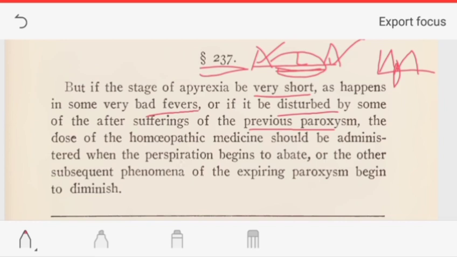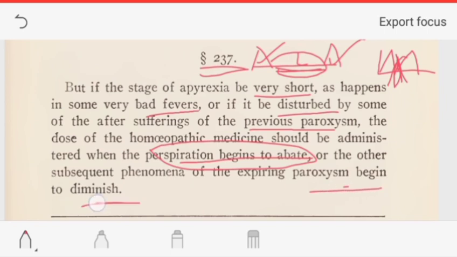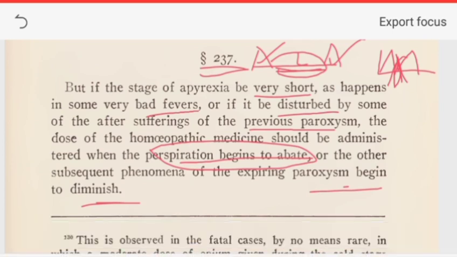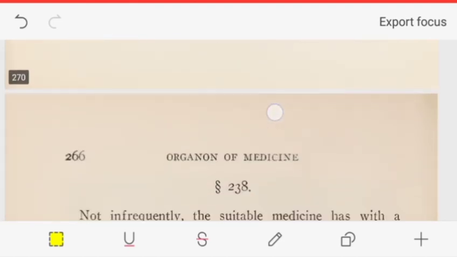If we disturb the fever at the paroxysm by giving a dose of homeopathic medicine, it should be administered when perspiration begins to start, at the sweating stage. At that period we should give the medicine. This is the point: at the sweating stage, the last stage of the fever, when the paroxysm begins to diminish. So in the short period of a fever, we give the medicine at the time of perspiration or the sweating stage. Okay,